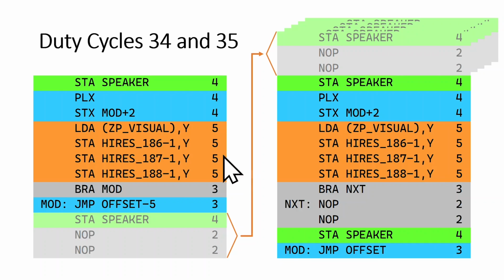What we do instead is doing the jump before the second speaker toggle. The second speaker toggle isn't actually part of duty cycle 34. Rather, the second speaker toggle is prepended on each and every duty cycle that exists. So duty cycle 34 jumps to this special code, then has here its second speaker toggle, has the desired 4 cycles spent, and then falls into the normal execution of the next pulse generator.